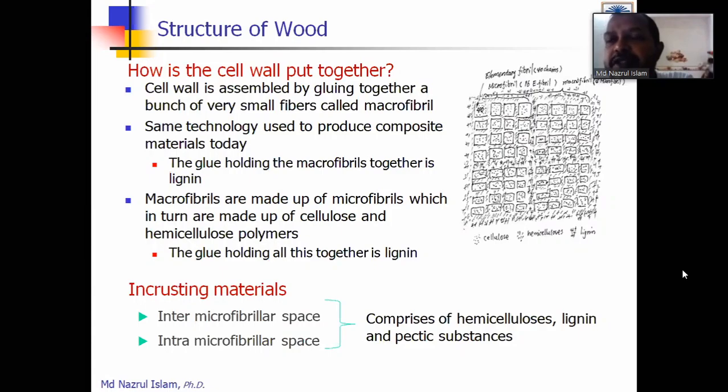Composite material means a composition of two or more materials. So wood is like a composition of cellulose, hemicellulose, and lignin. The properties of cellulose, hemicellulose, and lignin are different, but when they come together they make the wood, and it has different properties. In the case of composite material, it is the same thing: there will be more than two materials, and when they come together with high temperature and pressure, the properties of the new material will be different from the original material.